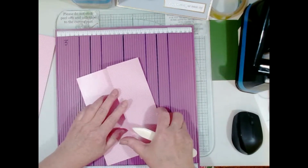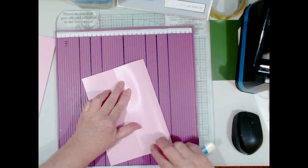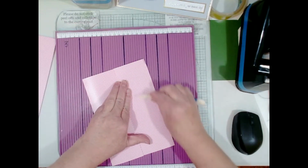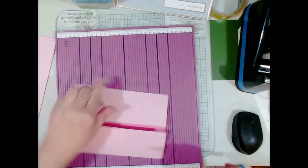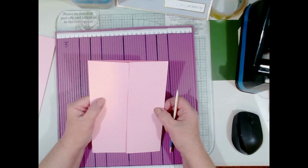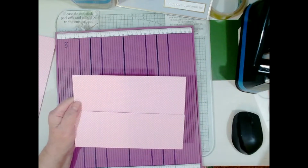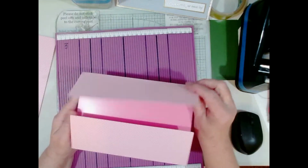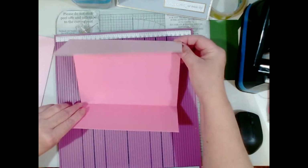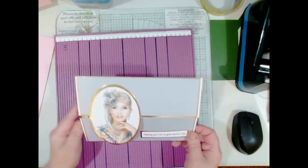turn it over, and I need to make sure this is going to meet, and then I'm going to force it to go down flat, so we have a nice card that meets in the middle. Okay, so that was one piece of A4 card made into your card. That is going to stand like that. Okay. Let's go back to this piece,